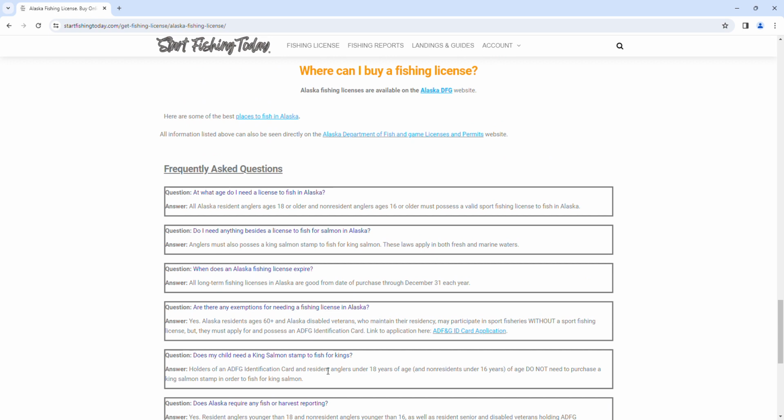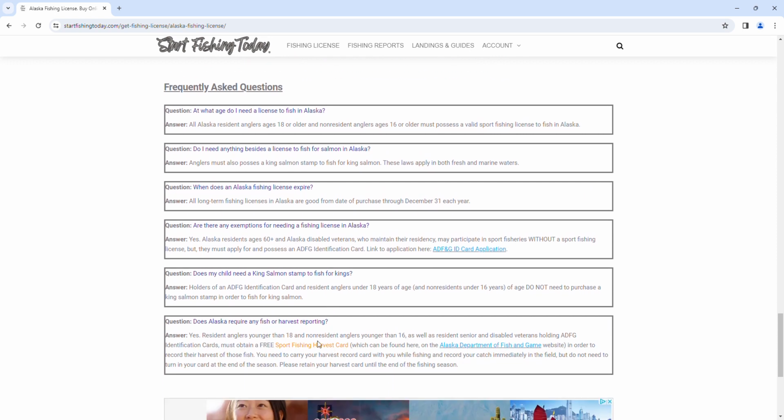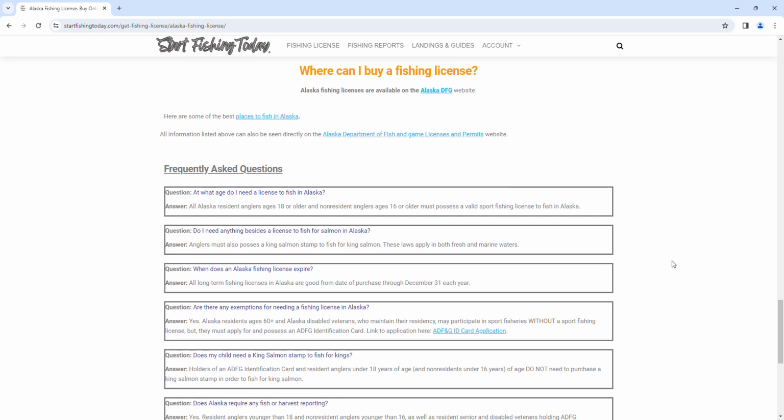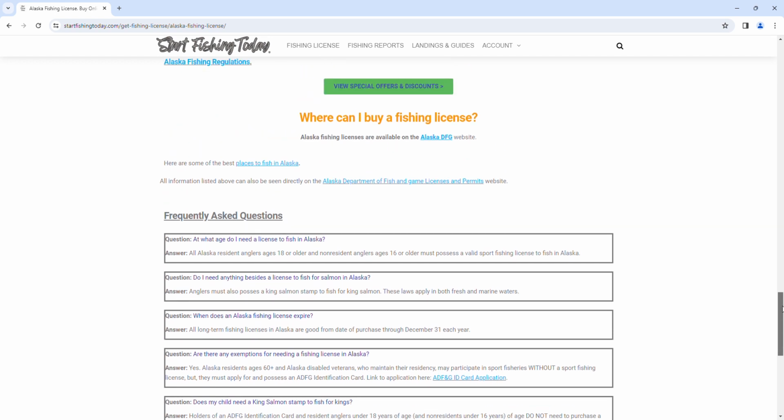If we deem those as really important, that a viewer or a visitor to the site looking for an Alaska license sees that as a very important question, absolutely, we'll go ahead and add it. It doesn't cost us anything extra, it doesn't take a lot of time, but we'll go ahead and add those there. So now that we've gone through the entire length of the page, I'm going to scroll up to